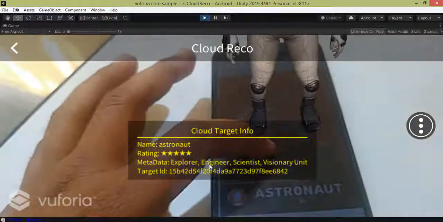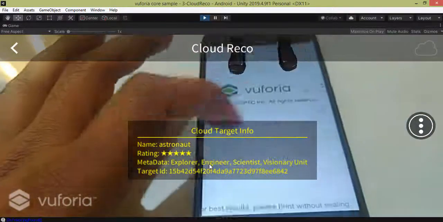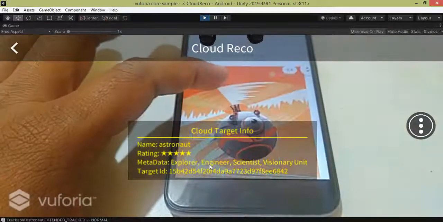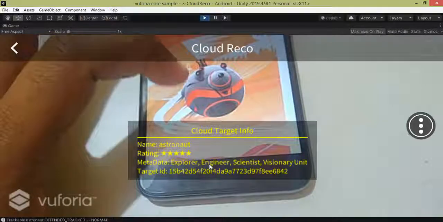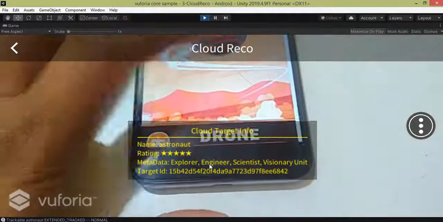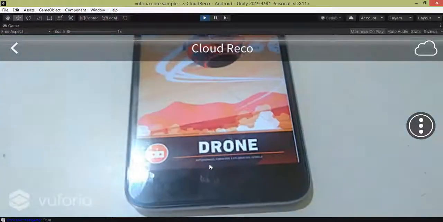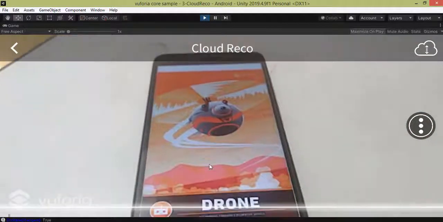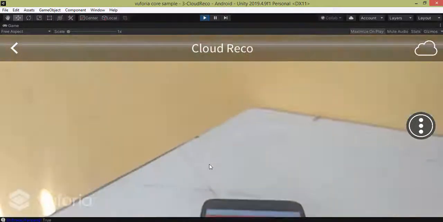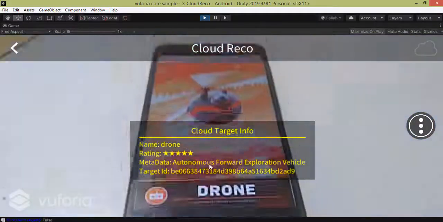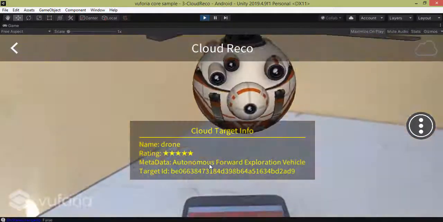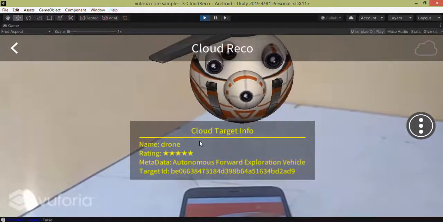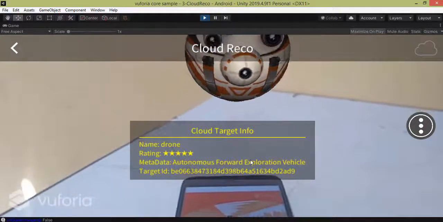So you will see it starts scanning again, and this time the drone has appeared here, and you again see some information about this game object.